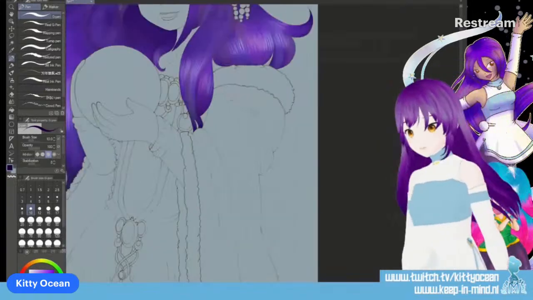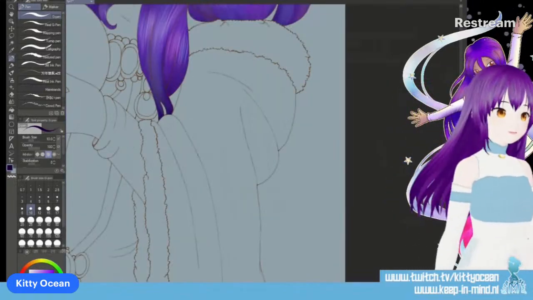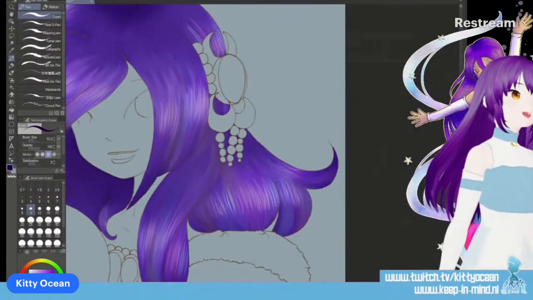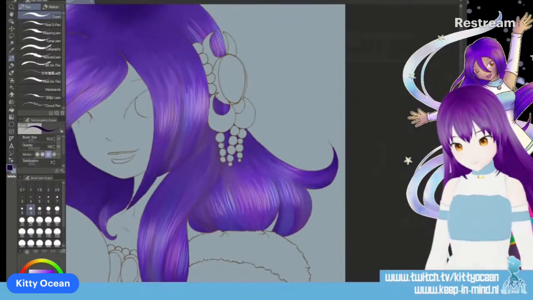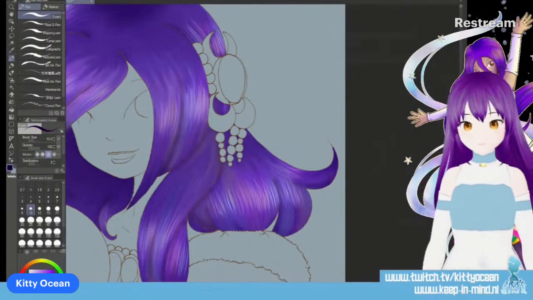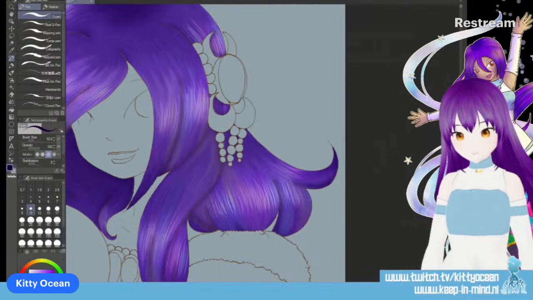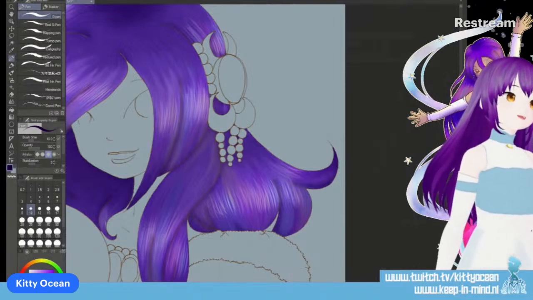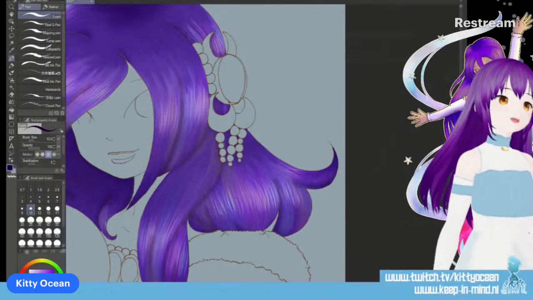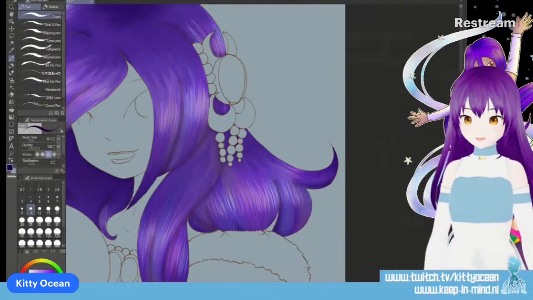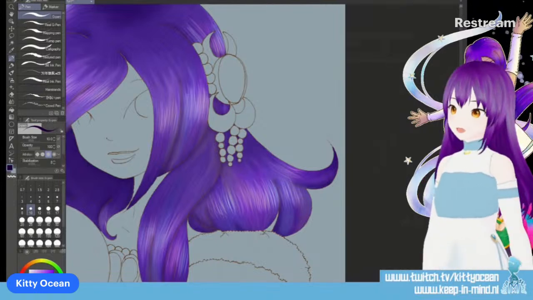Is this dark enough or do I need a little bit more? I need some more. Okay, it's a bit too much again. I need a little bit less. This fine tuning is quite annoying to do.